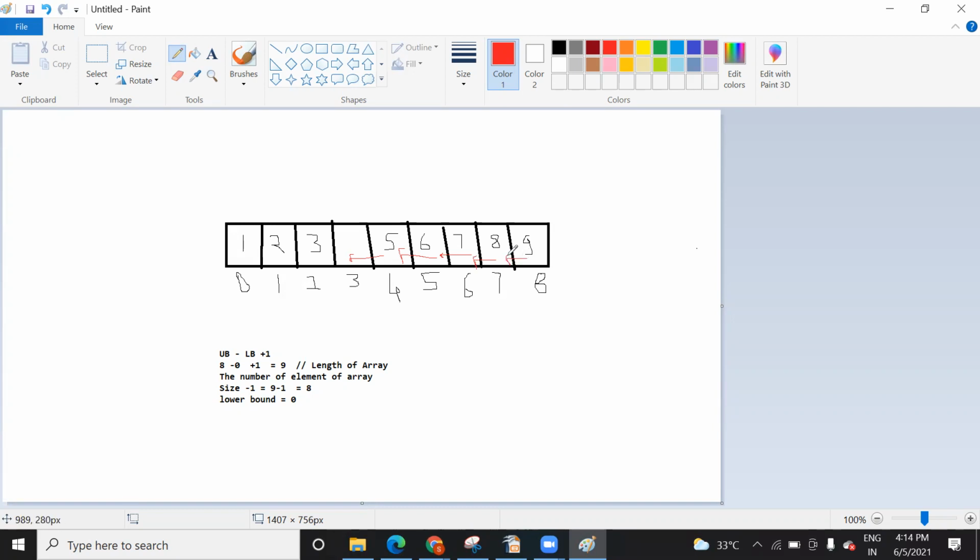When you have to do it, writing the logic will take time to move every element one cell ahead. It means the element present at cell 4, you need to take it into I minus 1. Suppose I value is 4, so it will be moved to I minus 1. First we have to search for the empty index. I have already said that we have deleted the element of 3, so we have to use a for loop. You can set that this index, index 3, is empty, and you can set the value.